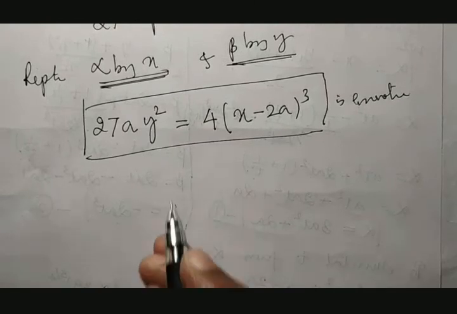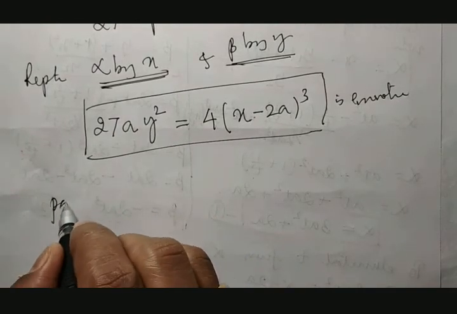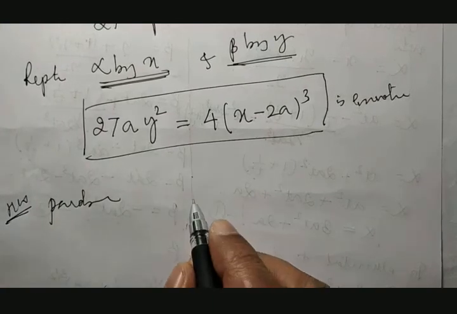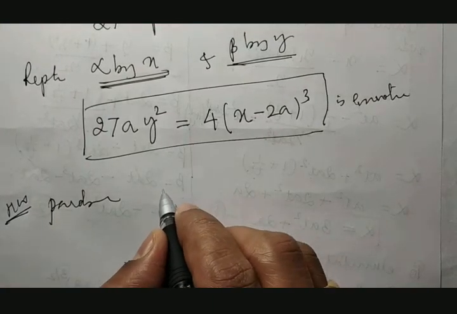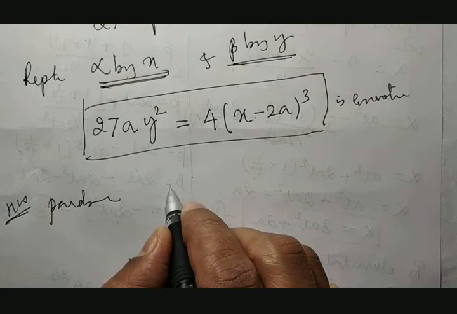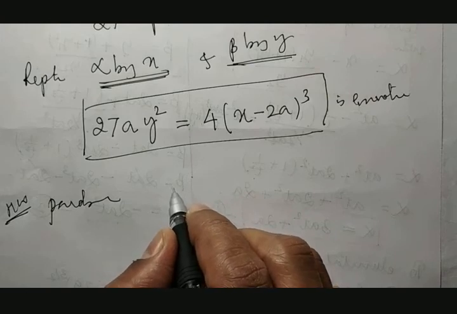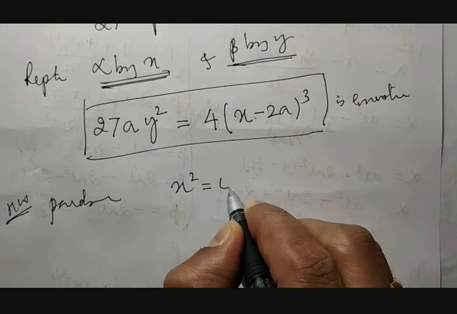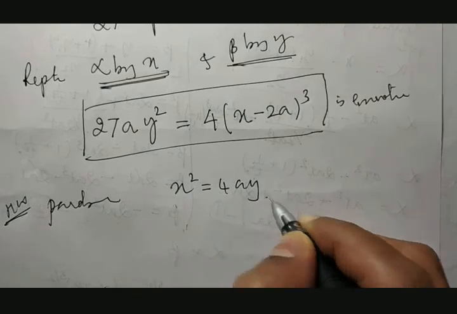Similarly, if you choose a parabola, you can treat it as homework. Parabola where you take the other part of this. In this example, we have taken y square is equal to 4ax. If you take x square is equal to 4ay, for that